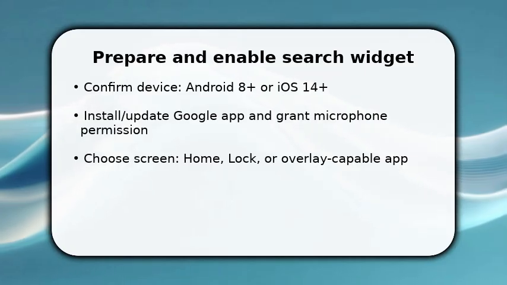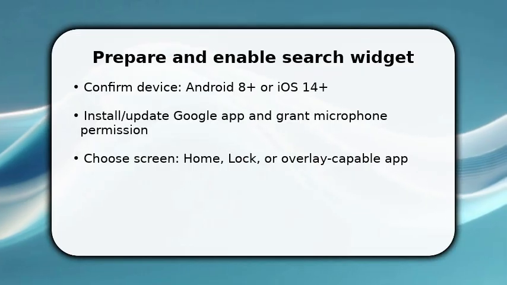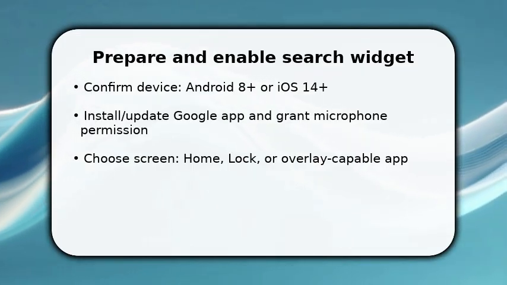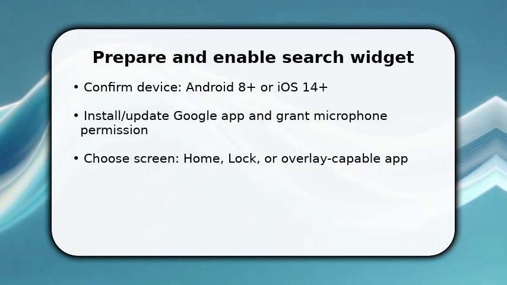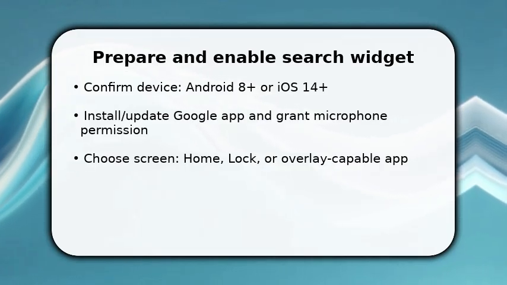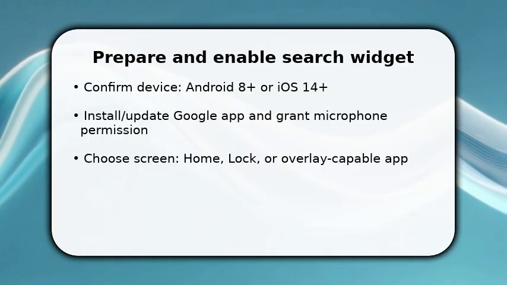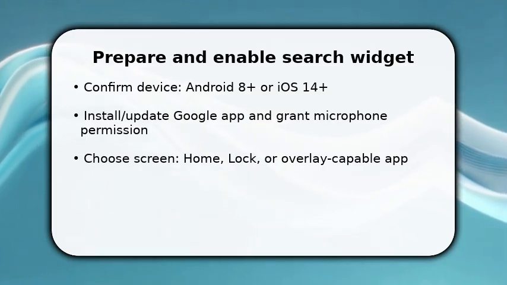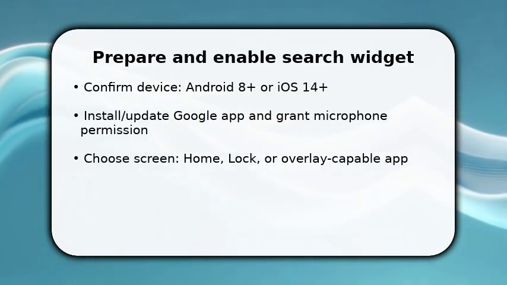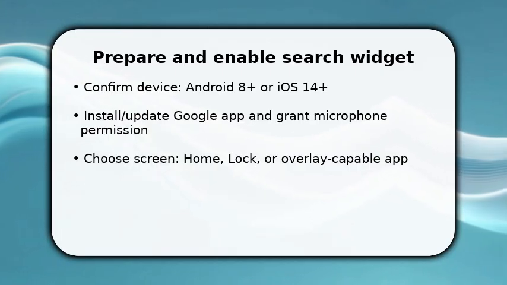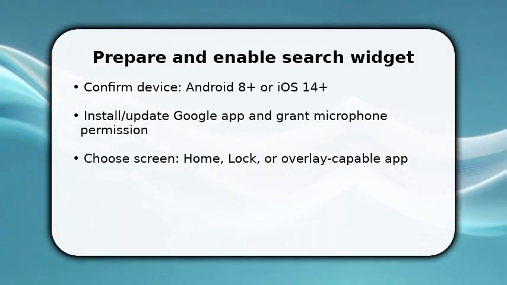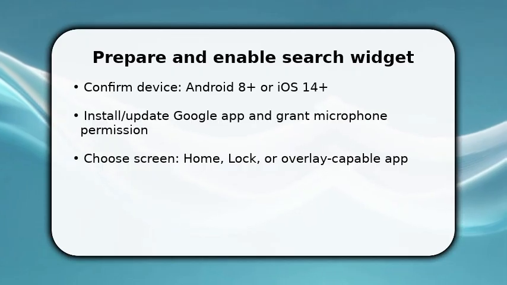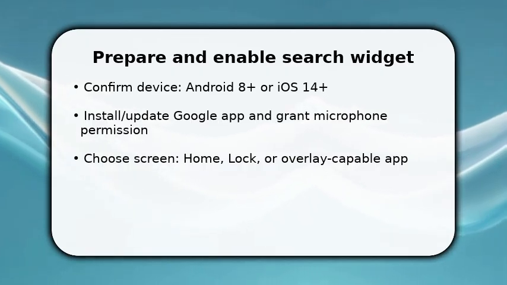You'll start by preparing the device and enabling the search tool. First, open the Google app and update it so features match these instructions. Then grant microphone and overlay permissions where required so voice and on-screen results work. Once done, long press the home screen to add a widget or enable the Google Assistant Quick Access. Make sure to select the correct widget size and placement now because changing later is slower and can disrupt your